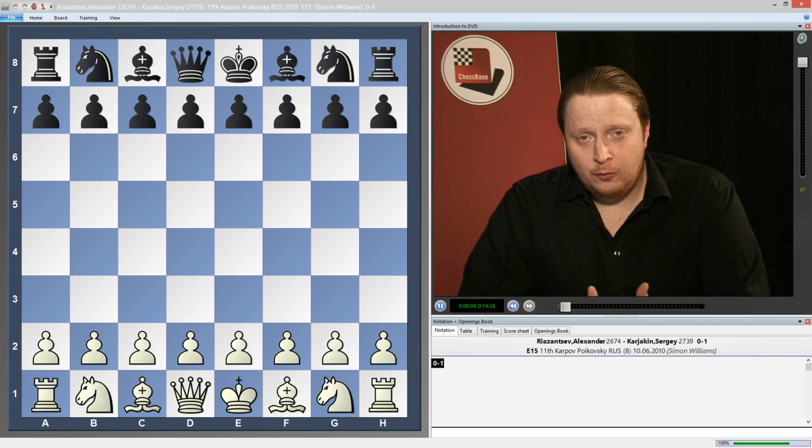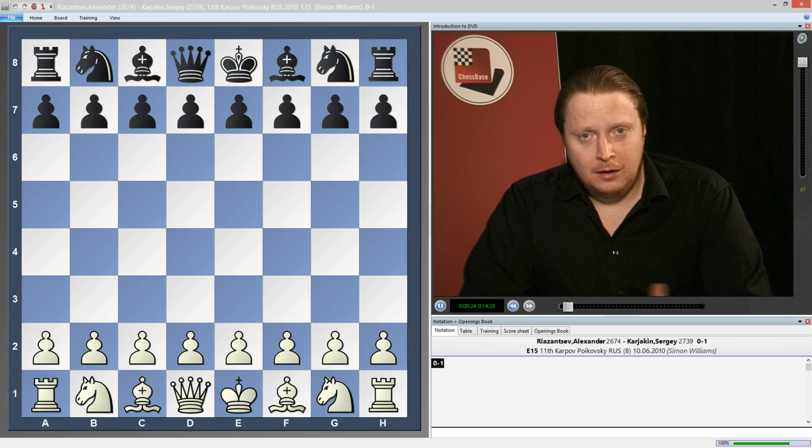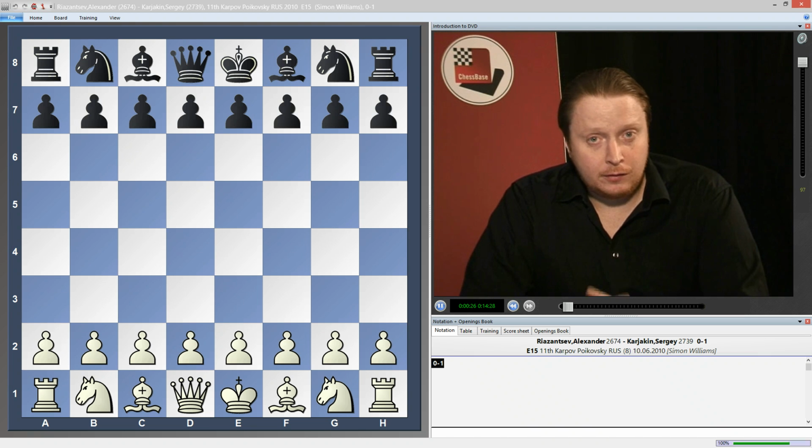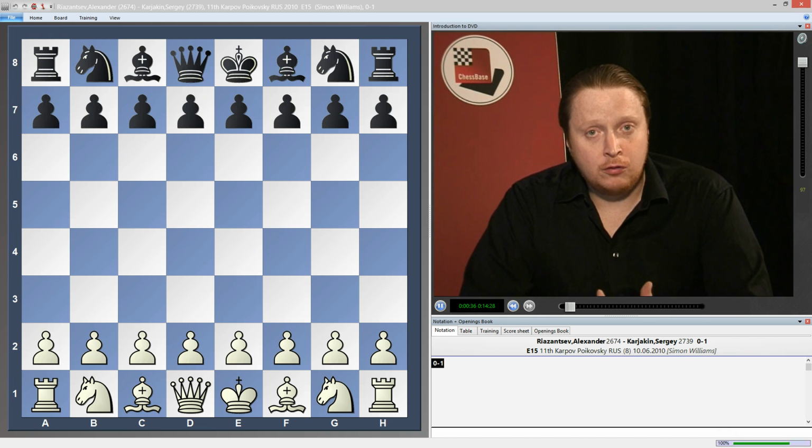Now, this is a very, very interesting opening in my opinion. When I'm playing with the white pieces, I am always excited when I get a chance to play this opening with white. Now, you may ask, why is that, Simon? Why is that the case? Well, I find this is a very exciting opening, and it combines a lot of positional but tactical ideas. And in most cases, white always gains a very dangerous attack initiative,